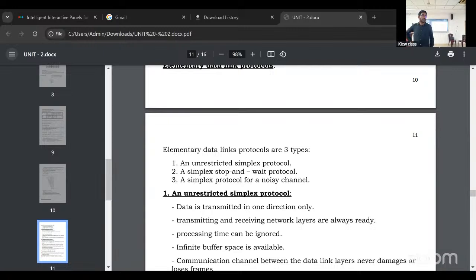48 bits. How many bits? 48 bits. IP address, how many bits? What is IP? Internet protocol. 32 bits. So IP address is also called logical address. Exam point of view, placement, technical side.